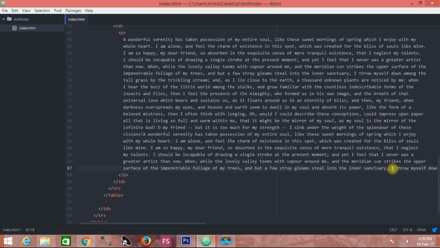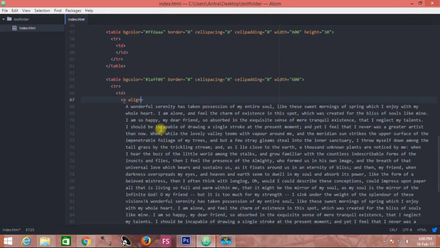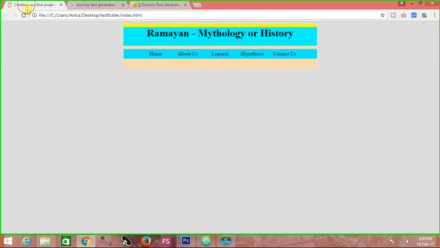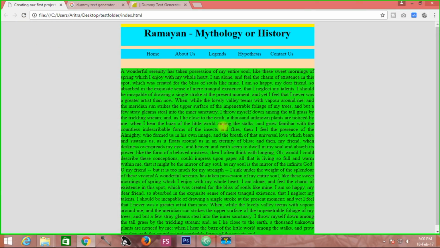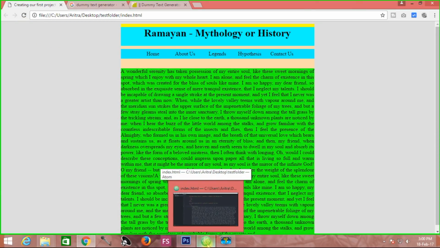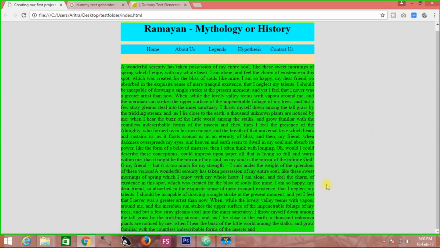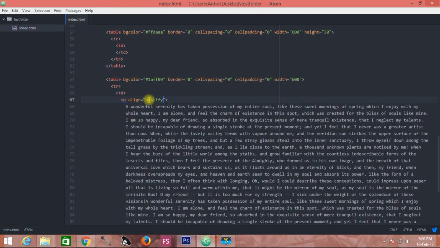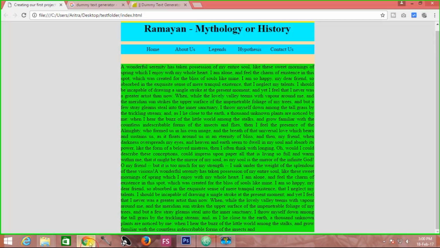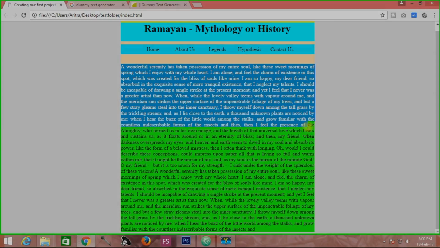Now just mention the paragraph alignment over here. I have mentioned the alignment as justified. That is why if you now come back to your project and see over here, you will see that this is now aligned in a justified manner, and you will love to see it. Everybody loves to see a justified manner, because the whole spacing and everything is now properly realigned, and these things are looking pretty to you.